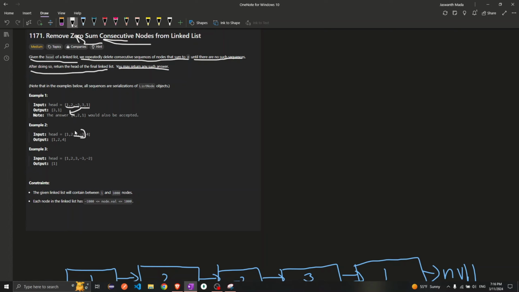We can remove this consecutive sequence, and we can return 1, 2, and 4, right? And if you look at this example, we have a sequence of 3 minus 3, we can remove these two, and we can also remove 2 minus 2, and we can only return 1, right? So after looking at these examples,